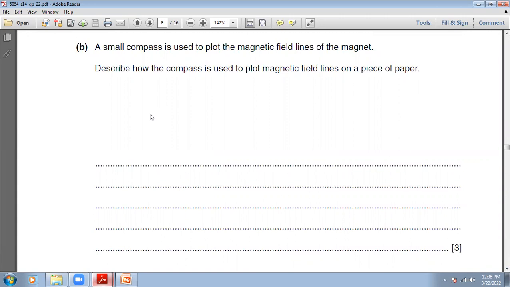You see, the procedure is very simple. You take a white paper, and on that white paper, you place a bar magnet. You mark the boundary of the bar magnet, and near the north pole of the bar magnet, you place a magnetic compass. Put a dot on the paper where the pointer of that compass shows, and where the tail of that compass needle is, put a dot there. Then remove that magnetic compass and put it in a new location